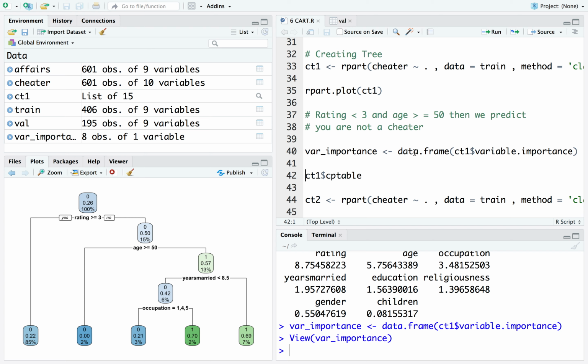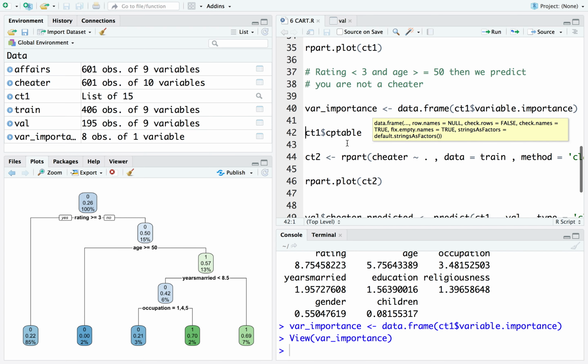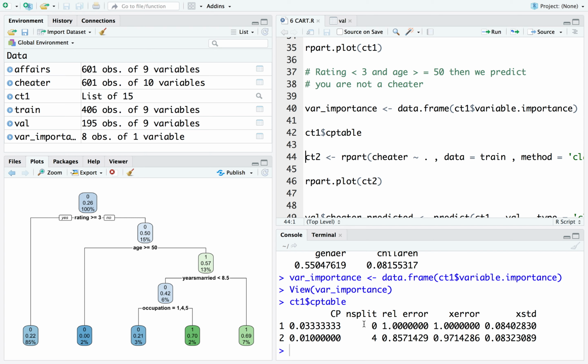We've covered variable importance. Now let's look at another statistic, another little point of data here called the CP table. This is talking about splits, so we're talking about how far down the tree is going to go. And at times, you're going to want to prune this tree, meaning if you get a tree which seems to be just way too big,